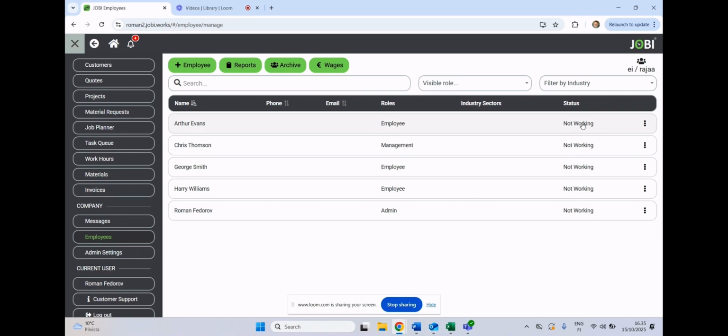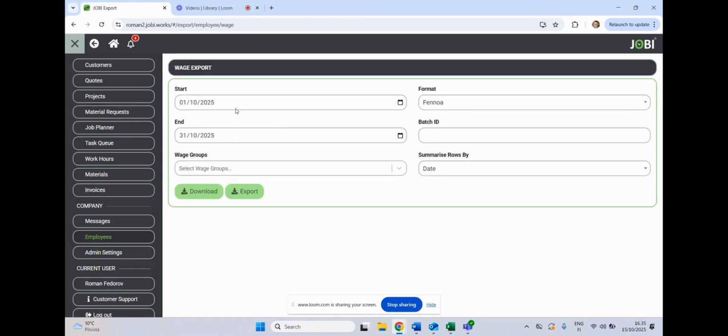Now here's the employee tab. We could track what worker is currently working, what roles they have, their email, phone number, and information, and we can just as easily export their wages in a couple